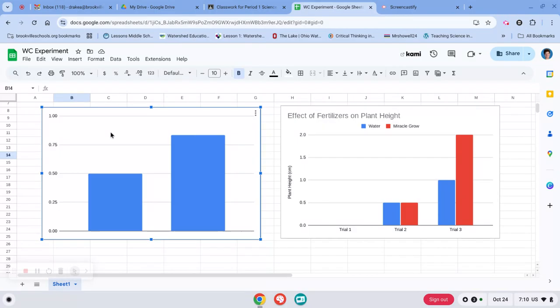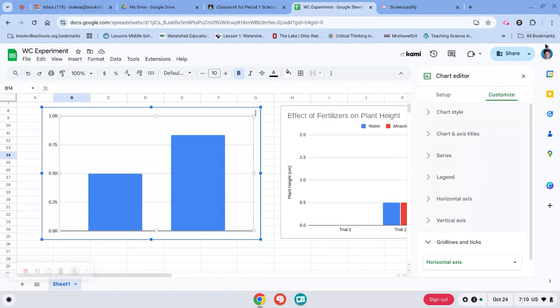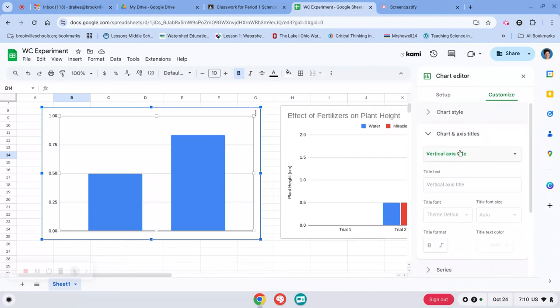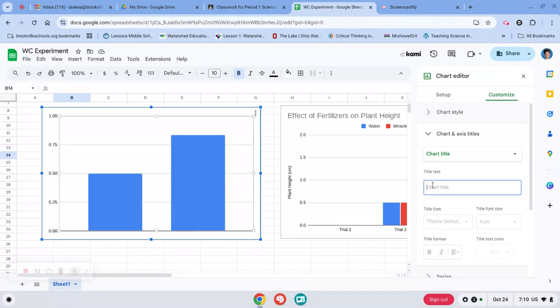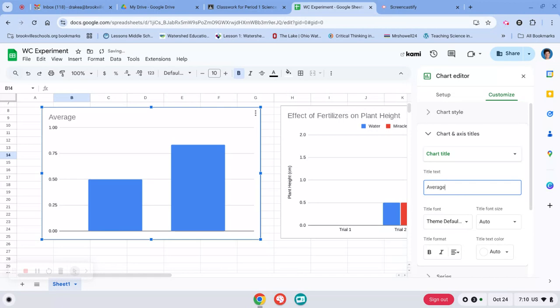So if I double-click in the graph, the text editor will come up. All right, I want to make sure I go to Customize. Go down 2 arrows where it says Titles. Click on it. The very first drop down, I'm going to go to Chart Title. So if I click on it, I'm going to scroll to Chart Title. The next box below it is where I can type. This is the average graph, so I'm going to type the word average, capital AVERAGE, and then I'm going to add the rest of the words from the other graph, and I can just